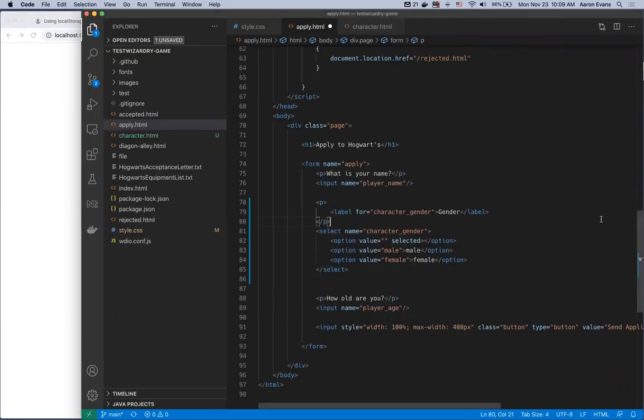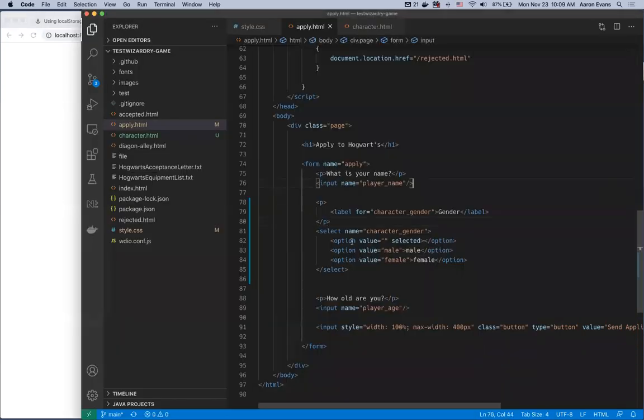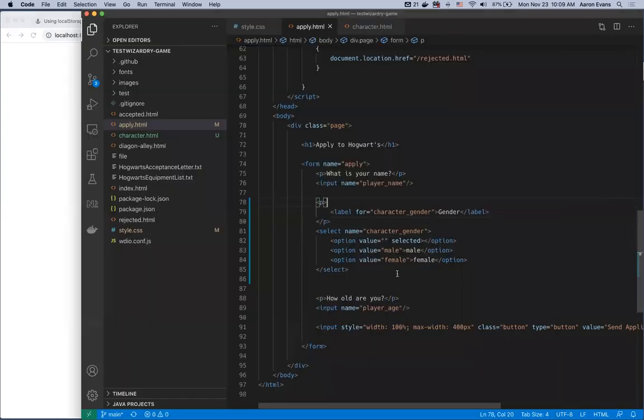So what I'm going to do is save that, and we'll see this refresh here. Now gender is a drop down. Someone can't mistype on this. So let me take a look here. We have three options. We have a blank option, just so that when it comes up, it's not pre-selected with either male or female. And then we have an option with a value of male and another option with a value of female that contains